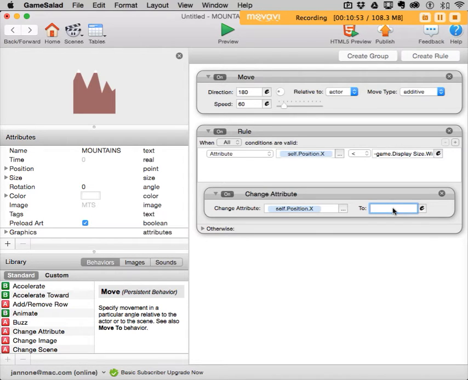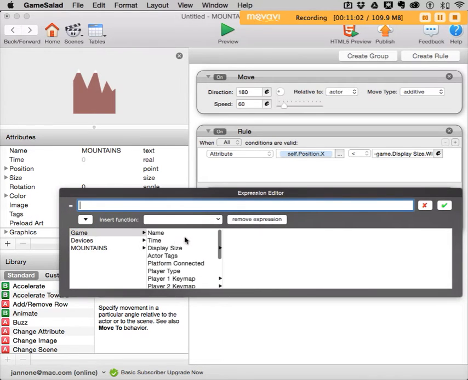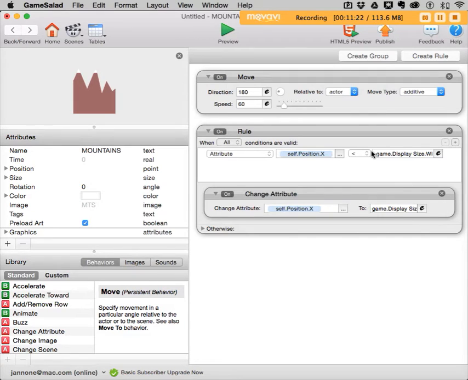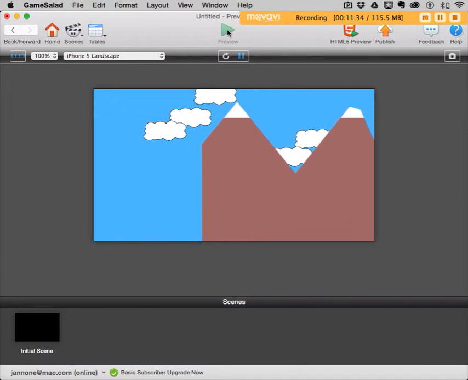So there's two ways to think of this. You can either think of it as the display size width plus the display size width divided by 2, or what's easier for me to think about is the display size width times 1.5. So when the mountains are all the way off the screen, they jump back to the right edge. Now, of course, this is only half the picture,